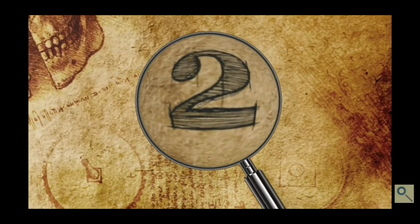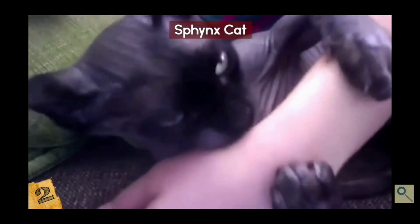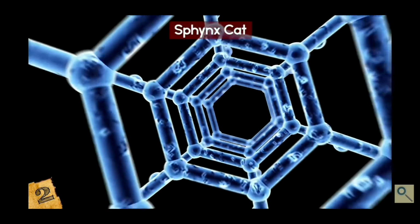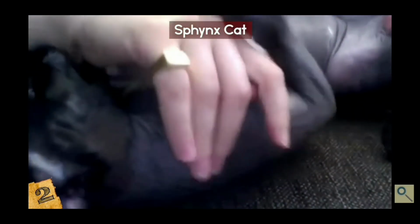Number 2, the Sphinx cat. I hate to break it to you, but Sphinx cats didn't originally come from Egypt. These cats are born hairless due to a genetic mutation and started getting bred on purpose in Canada in the 1970s. It might surprise you that these cats have been known to have very outgoing personalities, so clearly it's not